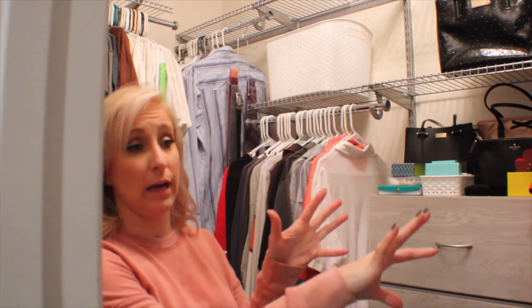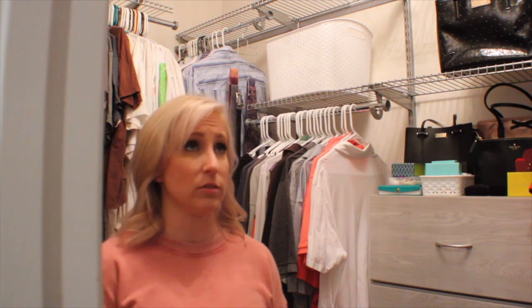I just then decided, okay, how much clothes does Justin have? What do I think it kind of wants to look like with his clothes? And then I worked the same way onto my side. Like, what types of clothes do I have? So I obviously have more work attire, dresses and long pants and stuff like that I wear every day. So I knew that I wanted a space that was going to be a little bit longer